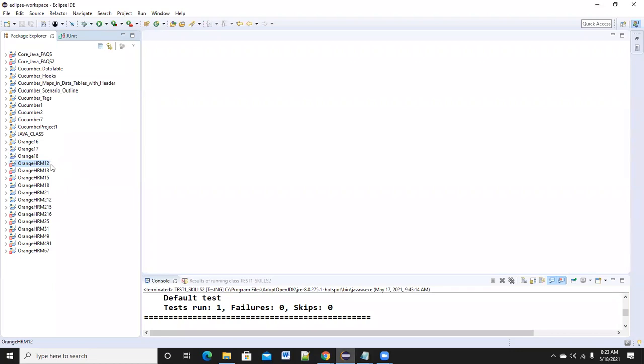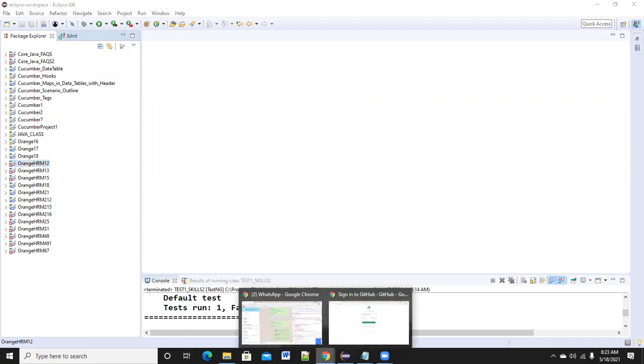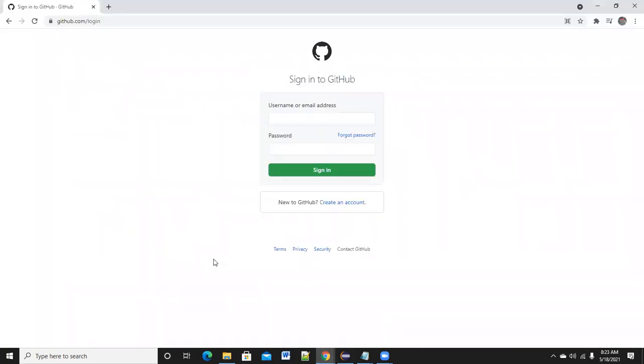In case something is lost or corrupted in your system, you can get the backup from GitHub, so you store all your code in the GitHub remote repository. So we can call GitHub a remote repository.